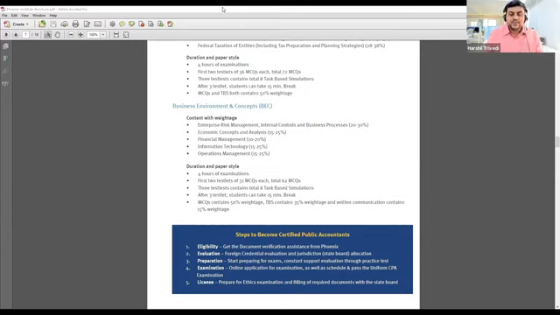Once you select a state board, it is not required that you have to appear from the same state board. That state board is just for registration purpose. You can sit for examination anywhere in the world. Right now, examination is taken in India also, in Ahmedabad, and there are various other regions. So you can select any particular examination center over here and go for examinations.